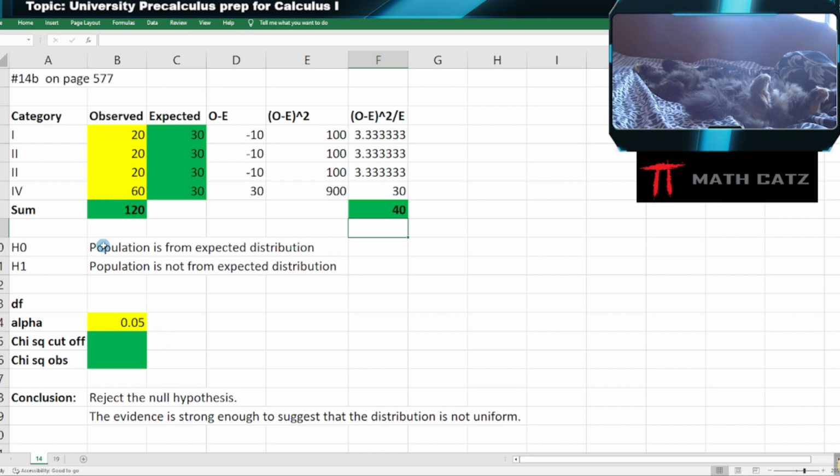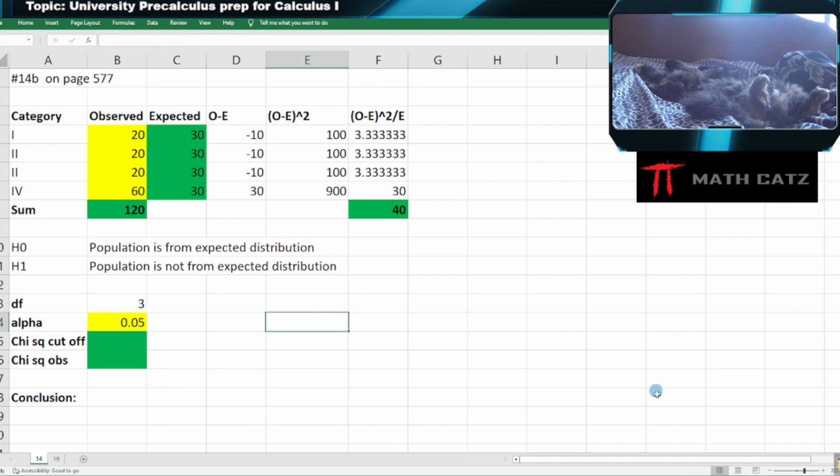So we're trying to see if our sample comes from a population that fits this expected distribution, this uniform distribution, versus not. Our degrees of freedom will be 4 minus 1. So I'll just type in a 3 there. No need to get fancy. The cutoff that they gave me in the question was 5%. So let's visualize. Oopsie, I don't want the answer yet. I left the answer. Let's visualize what is happening here